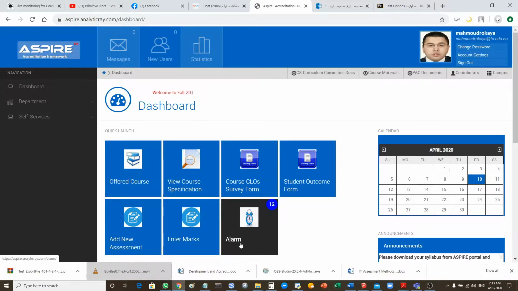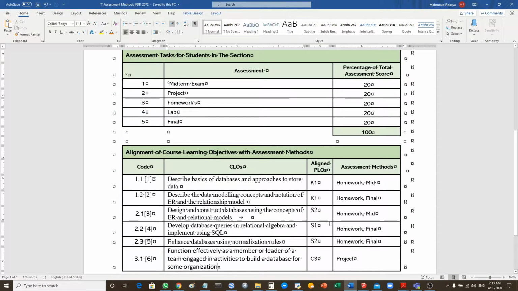First of all, you need to prepare an assessment plan. The assessment plan is very important because it is the guide for your steps here. It is simply a file where you write the assessment items, the weight for each one, and the mapping between the questions and the CLOs. For sure, the mapping between CLOs and SOs is straightforward and taken from the course specification, and in fact